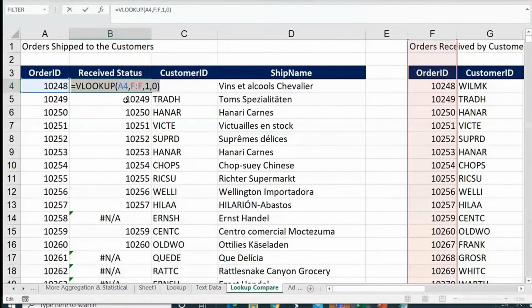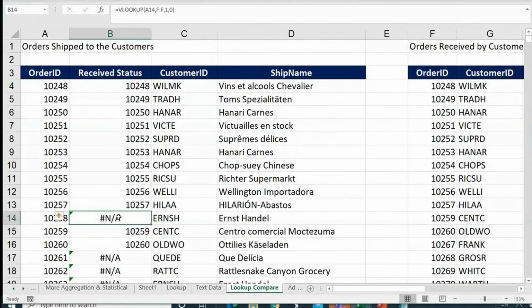Okay, but from here let us go on learning some better options. Now, instead of this error, I want to see something else. Many a time that will be useful, right? Instead of saying #NA, to say order not shipped. Many a time what we do for this is filter #NAs and try to replace them. No, don't do that. Don't filter and replace it.